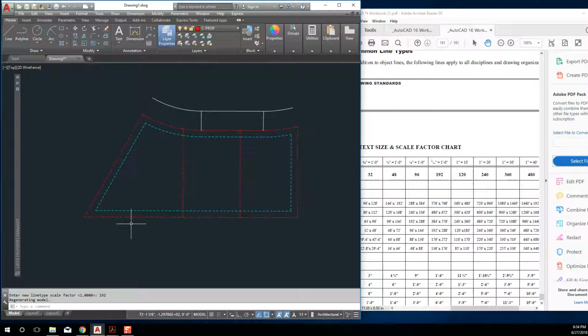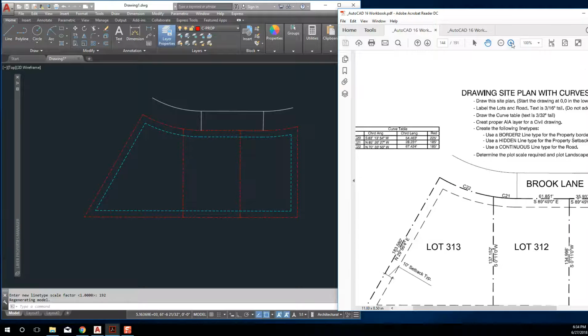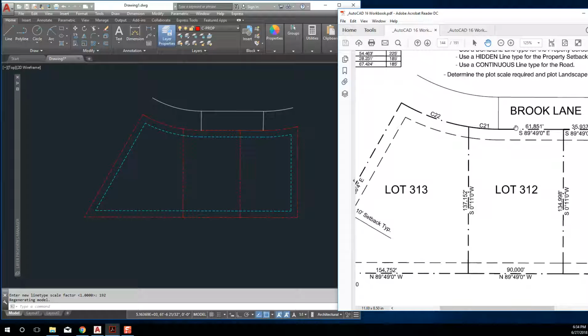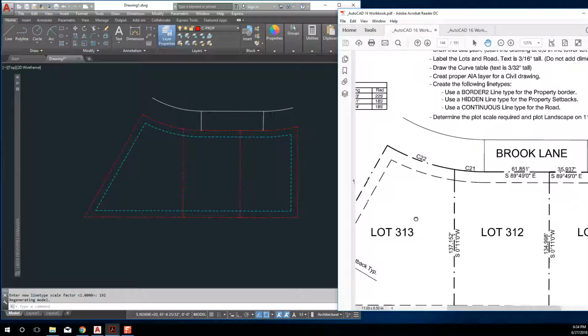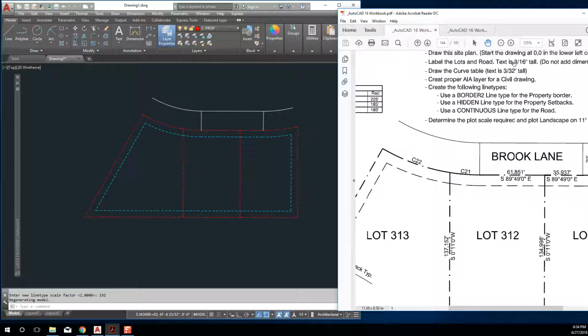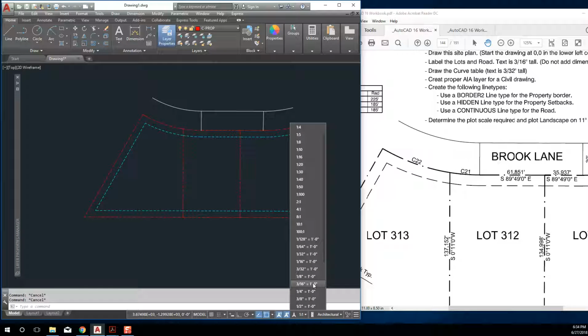All right, so we have our LT scale here, and we know our scale factor. These are going to be scaled at 1/32. So when I go to put my text in there, I know the annotation scale to set my model space at. All right. So I look here, and I'm going to be typing in some text. I won't do all the text, but I will do some so you can see me do some of it. We'll do lot 313. And I assume, let's see, the lots and the road are 3/16. Okay. So what I'm going to do now is I'm going to change my annotation scale to